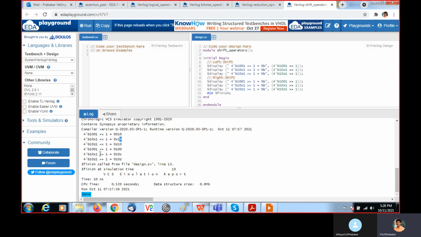The same way, for right shift, we need to perform the shift toward the right side. This will stay as it is, and then on the left side we need to add 0. This is the shifted result. So we will neglect this bit 1, and we have 1 0 1, and on this side we need to add a 1. Similarly for this.